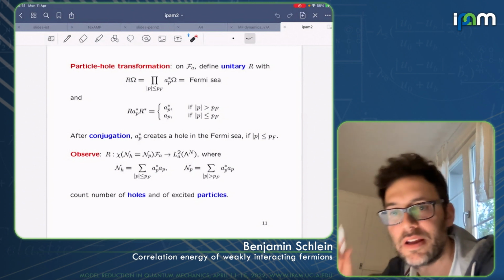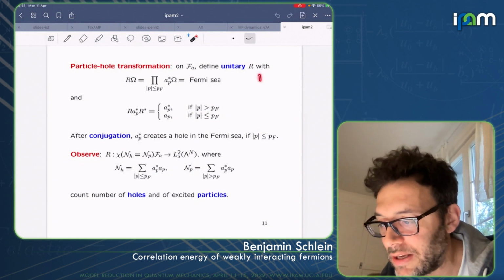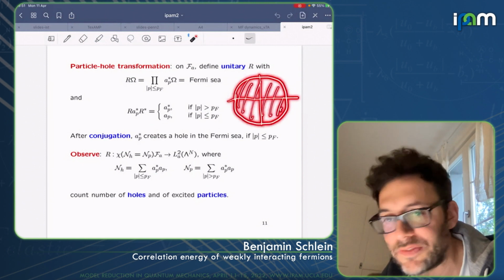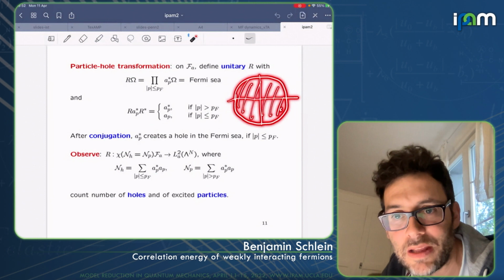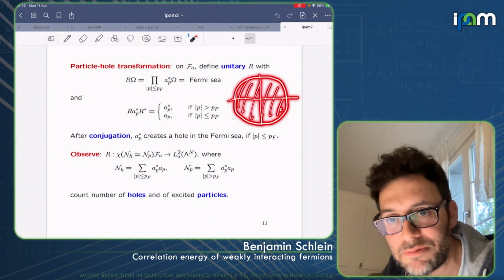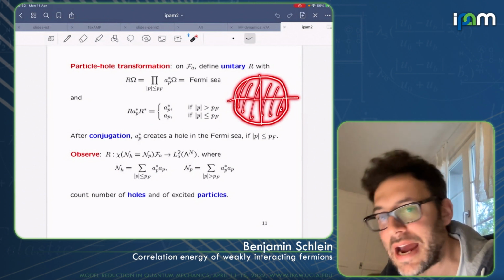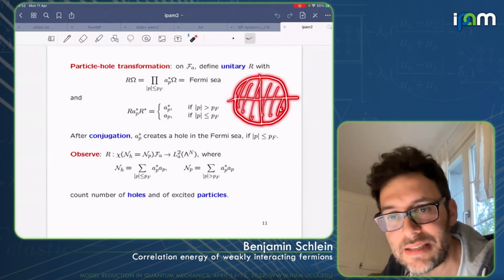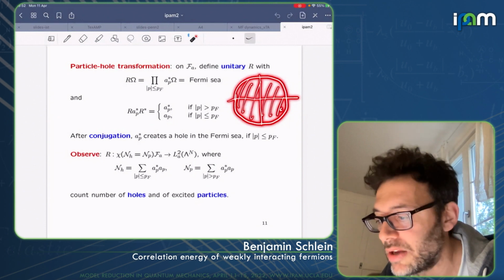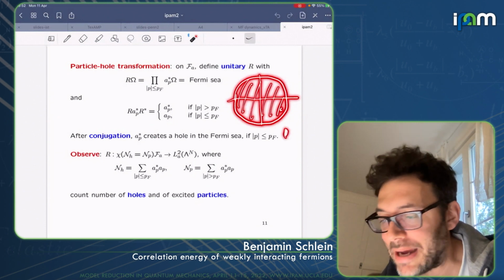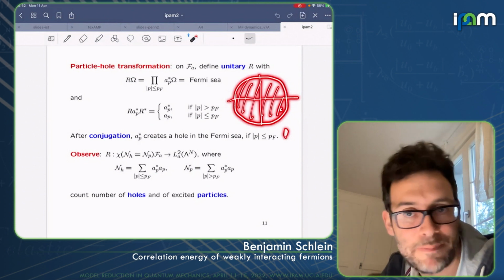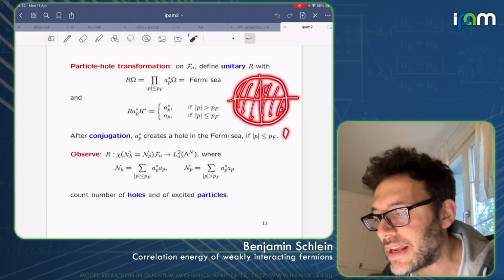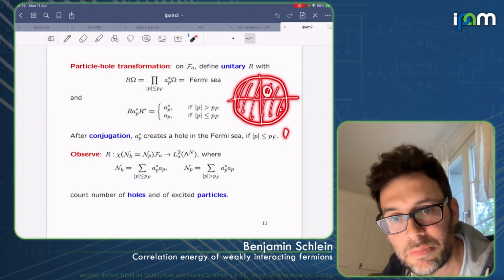So the idea here is that you think of this as the state that we have, this Fermi sea here, right? All states within this Fermi sea are occupied. Every state outside is free, non-occupied. So now if you want to create an excitation of this guy, there are two possibilities. You can either create an extra particle out here. So in this case, the a_p star is still an a_p star. Or you can create an excitation by creating a hole in the Slater determinant, okay?